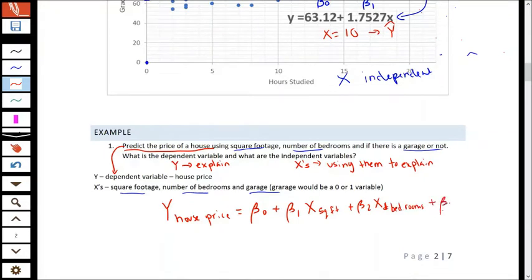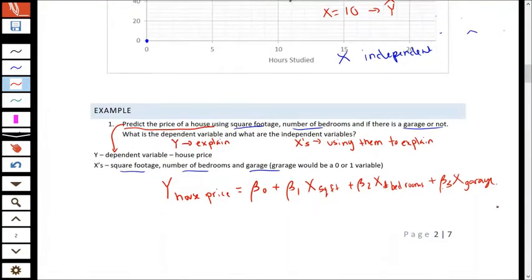And our beta 3 times whether or not we have a garage. And something like number of bedrooms, hopefully that's pretty explanatory. Like if it was a 2-bedroom house, you put in a 2 for x. If it was a 5-bedroom house, you put in a 5. But for that x garage,